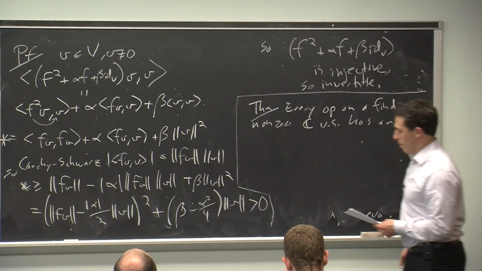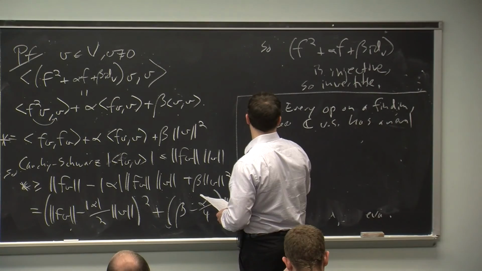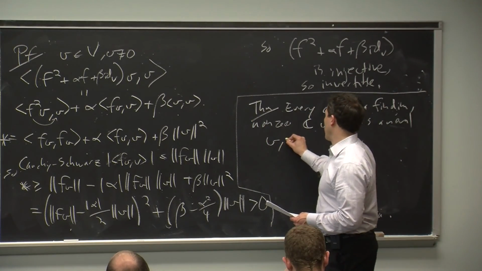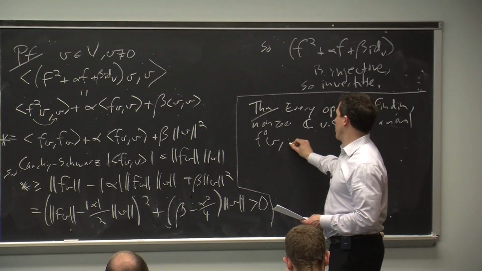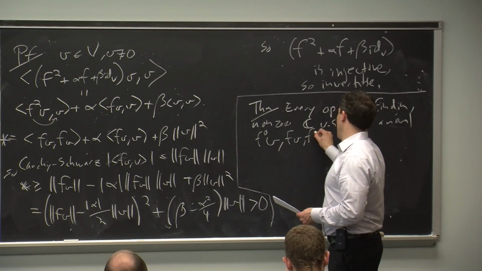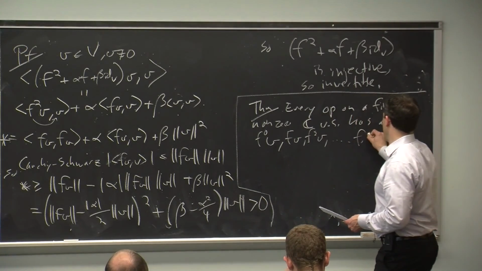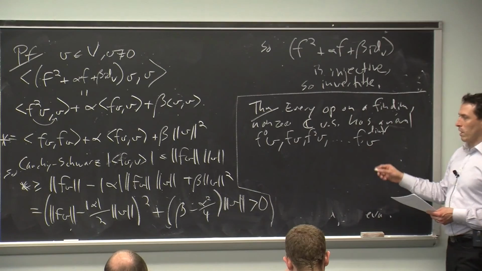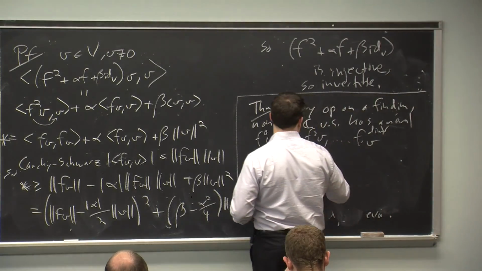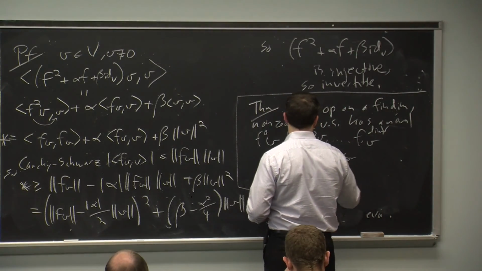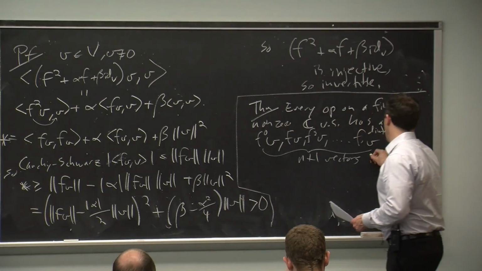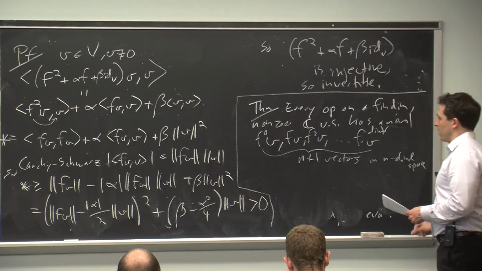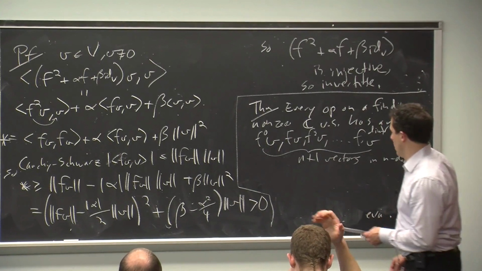And the proof of that theorem was by factoring a polynomial that came from thinking about v, f of v, f squared of v, and so on, up to f to the dimension of the vector space applied to v. That was n plus 1 vectors in an n-dimensional space, if n is equal to the dimension, and so it was dependent, and then we wrote